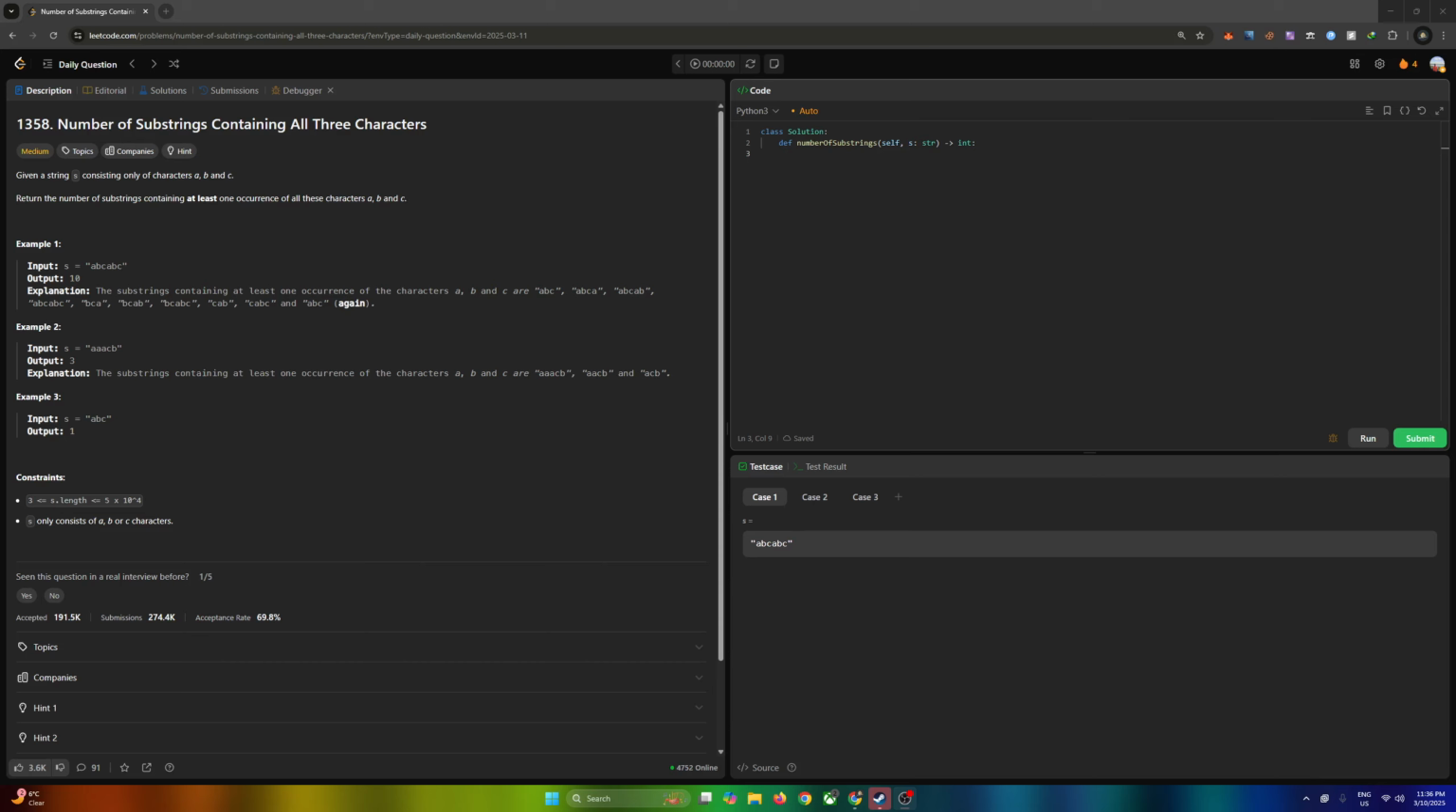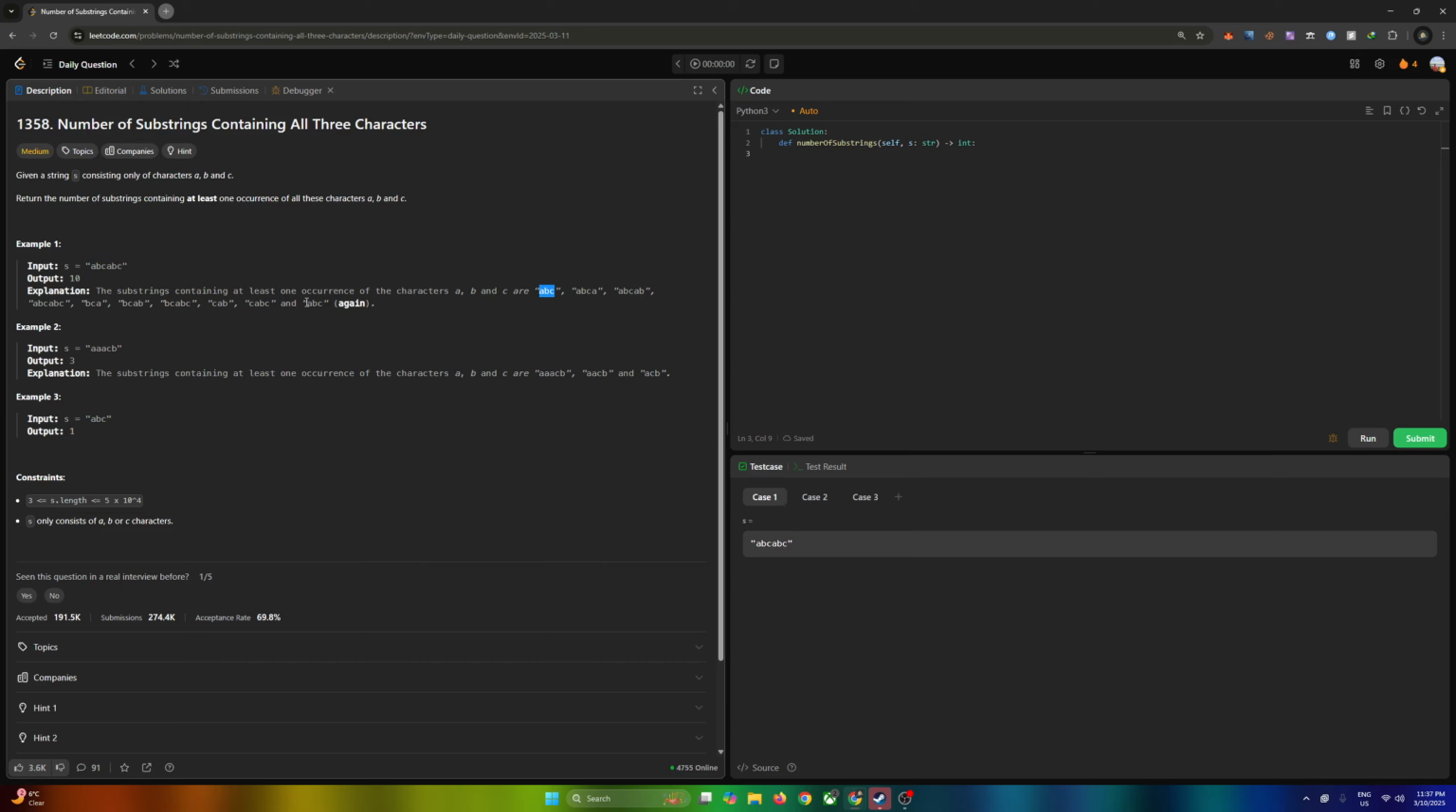The question is number of substrings containing all three characters. Given a string s consisting only of characters A, B, C, return the number of substrings containing at least one occurrence of all these characters A, B, and C. So if we take a look at this one example, ABC, ABC, that means the first three are